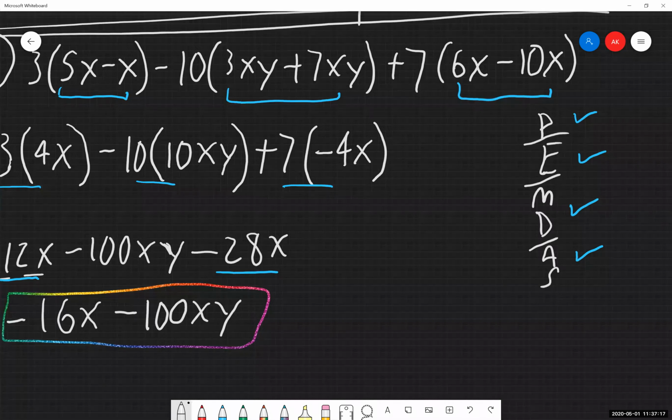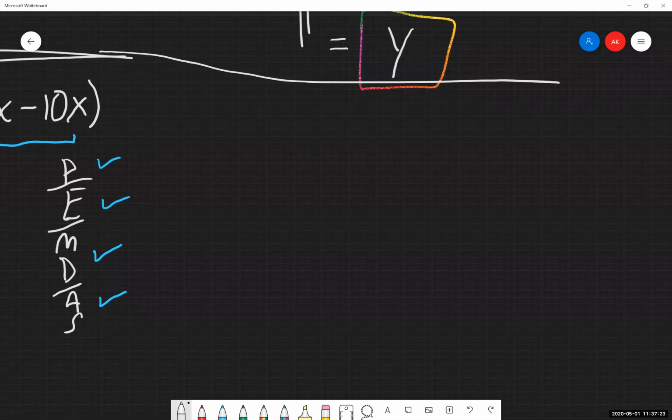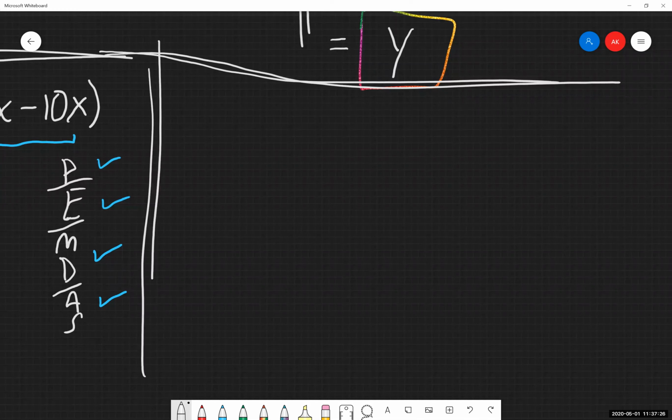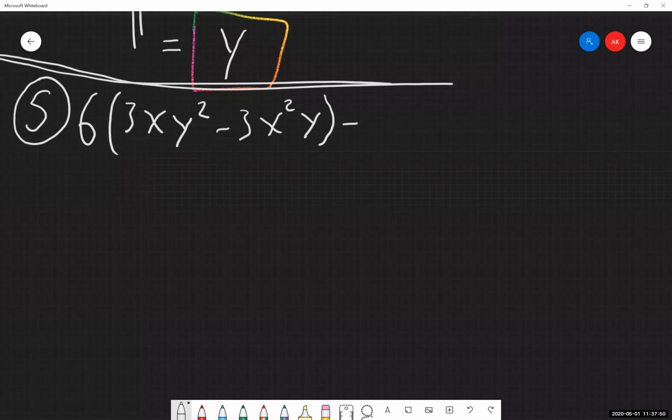Go on to another one here, just trying to keep track of time. We'll separate this out here. So we're going to start seeing ones where we have more exponents showing up, which is what this example has in it. Again, we also need to be very mindful of what our main definition of a like term is. We are combining like terms and identifying the variable parts versus the constant parts.